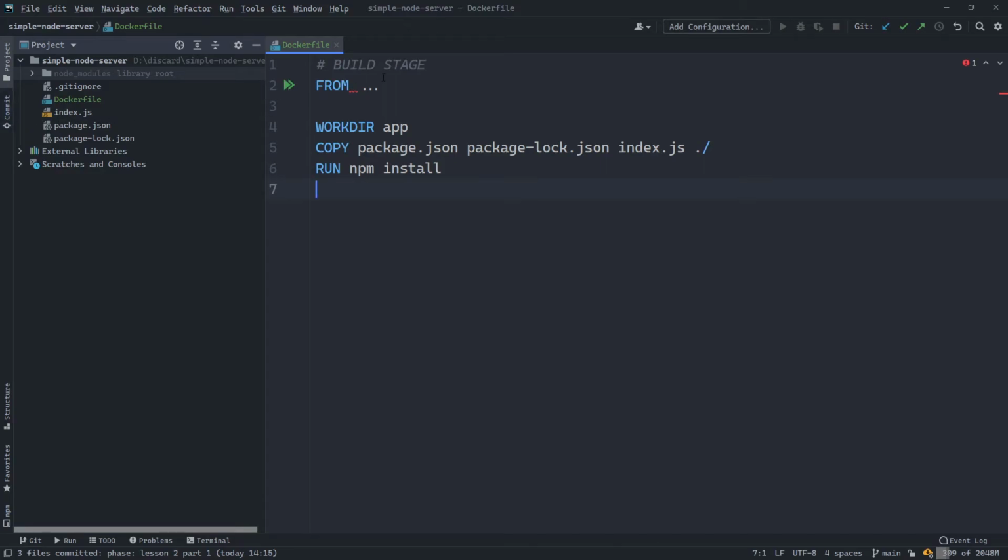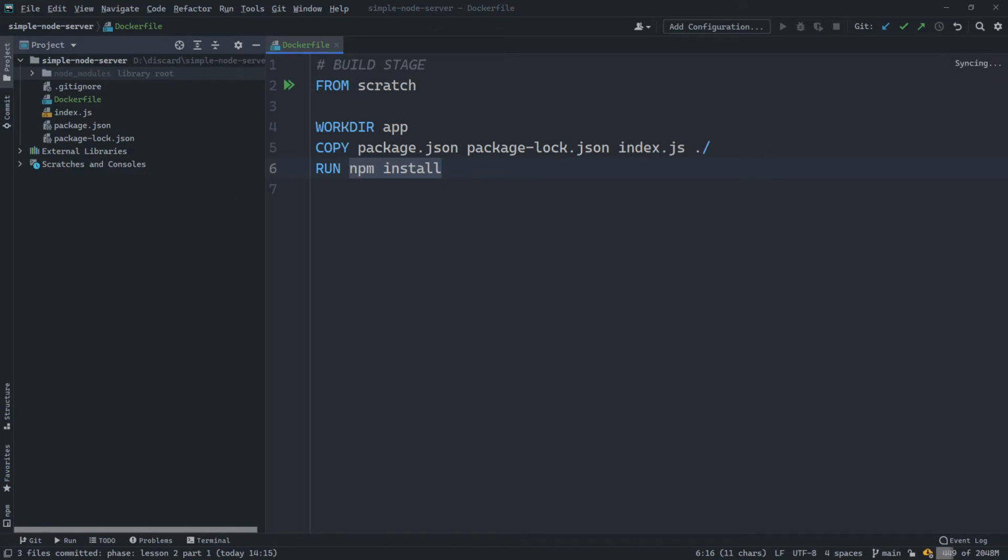The FROM keyword expects a base image, and you can choose to provide no base image by using the scratch image. And what you're essentially saying here is I want to build my image from scratch. But that means that your base image has nothing inside its file system. And this means you cannot run npm install because npm is not installed in your base image at all.